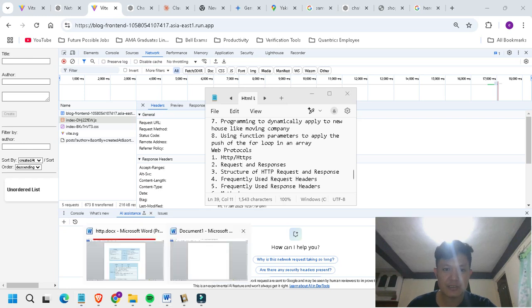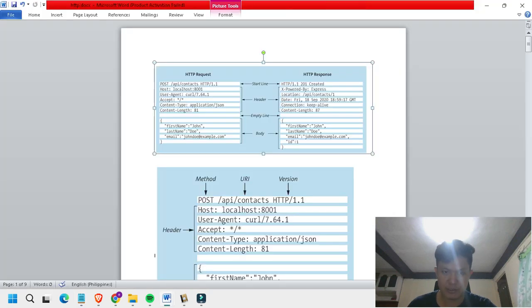Here I prepared a sample structure of an HTTP request. It starts with the start line. For an HTTP request, it starts with the HTTP method, and later I'll discuss the frequently used methods. Then it has the path to the requested resource, and then the HTTP version.